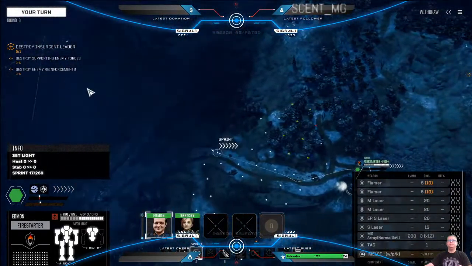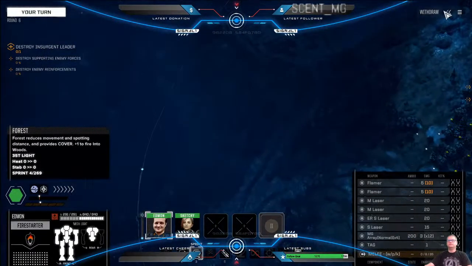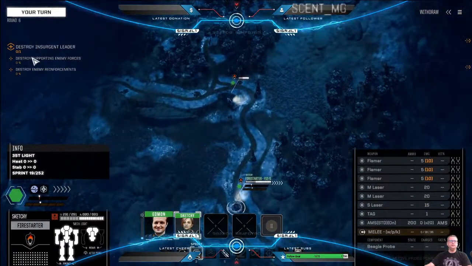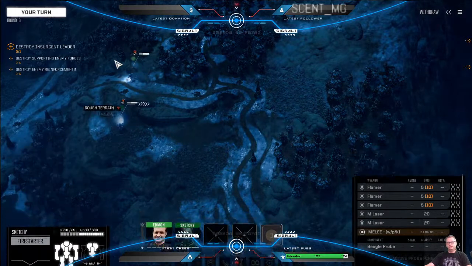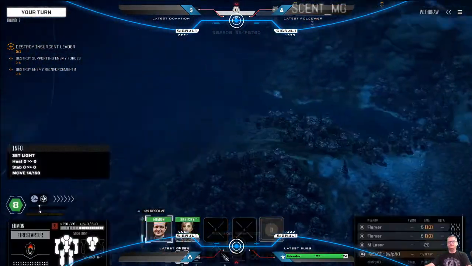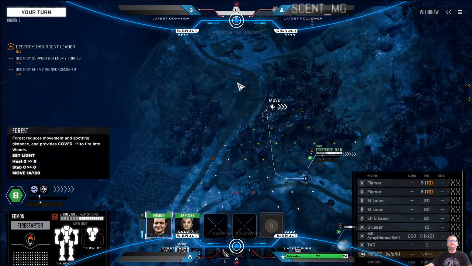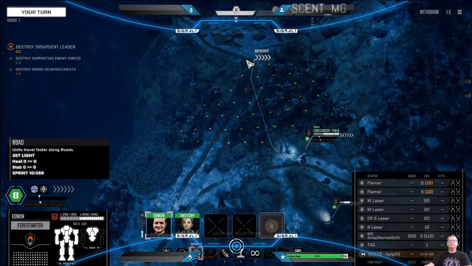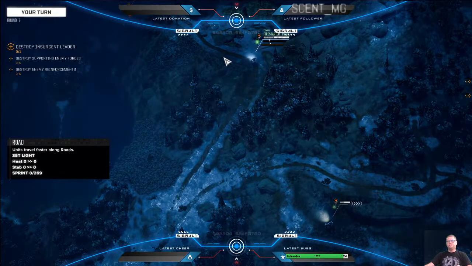All right, so as I said, we're actually sending our lights here to go after the assassination target. And we're using our mediums to keep the enemy distracted. Hopefully it'll work pretty well. All right, let's keep sprinting towards that target. Theoretically, the guards...